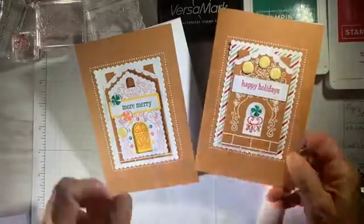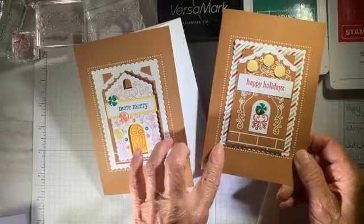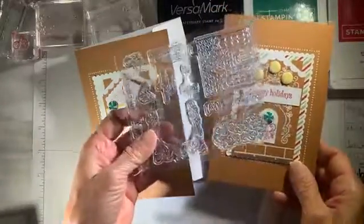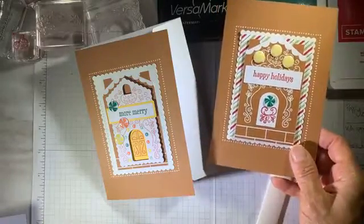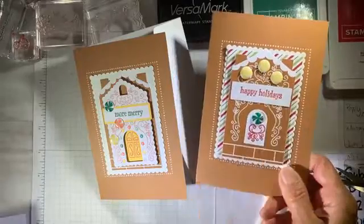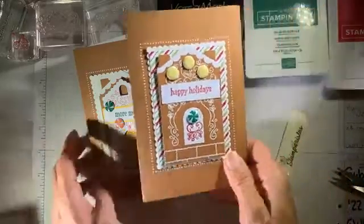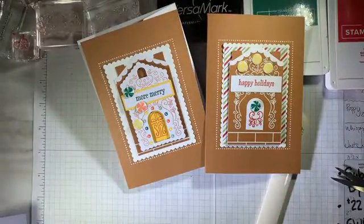What I added was a little scallop rectangle from the Stitch So Sweetly dies, and I did some stamping. Remember, I get a whole stamp set that I can create other projects with. So the Stampin' Spot, I used some of my own inks to color up because I used real red here. I did a little bit of gingerbread house construction back here. I'm going to show you how I did that. And what made it really easy, and what I'm going to share with you right now,